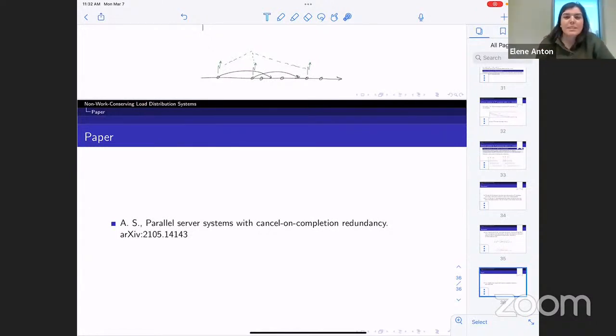I have a question. Sure. So you say that work conserving is redundancy with IID copies, and for example, redundancy with correlated copies or identical copies could be non-work conserving, right? Well, in general, this system with cancel completion is non-work conserving. It just happens that when it's IID exponential, it happens to be work conserving. Okay. So it's work conserving in a strong sense: the distribution of the amount of work does not depend on the system state. Yes.